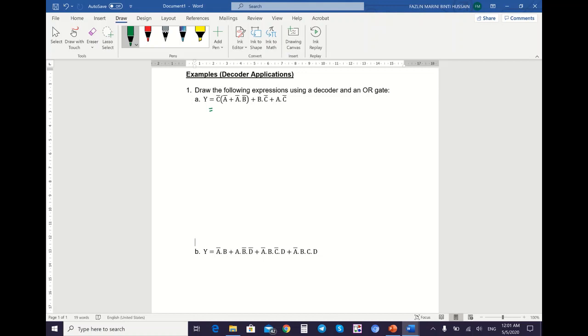Meaning that C times A bar, I want you to write as A bar and C, not C bar and A. Actually there's nothing wrong when you write C bar and A or A and C bar, because that kind of writing is allowed in the law, right? But for this chapter, this decoder application, I want you to follow the sequence of the